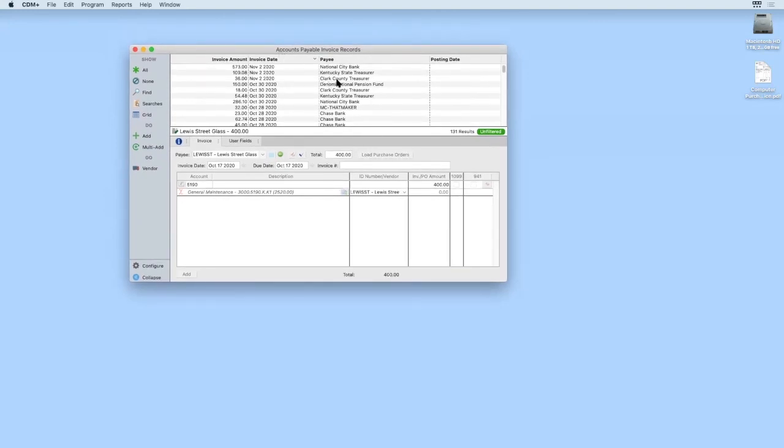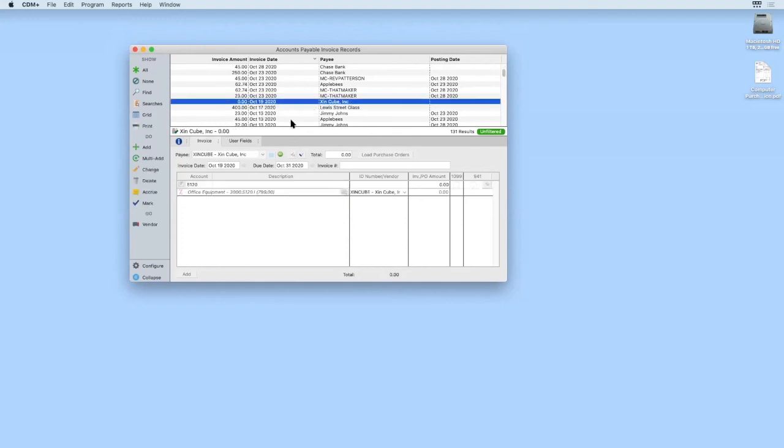Let's take an example here. Let's say that you have purchased a new computer and you've got the invoice and you want to be able to attach the paper invoice to this invoice in CDM Plus. Well, over here on my desktop, I've got a PDF. I scanned this particular invoice in and saved it as a PDF. So now I can come to user fields,